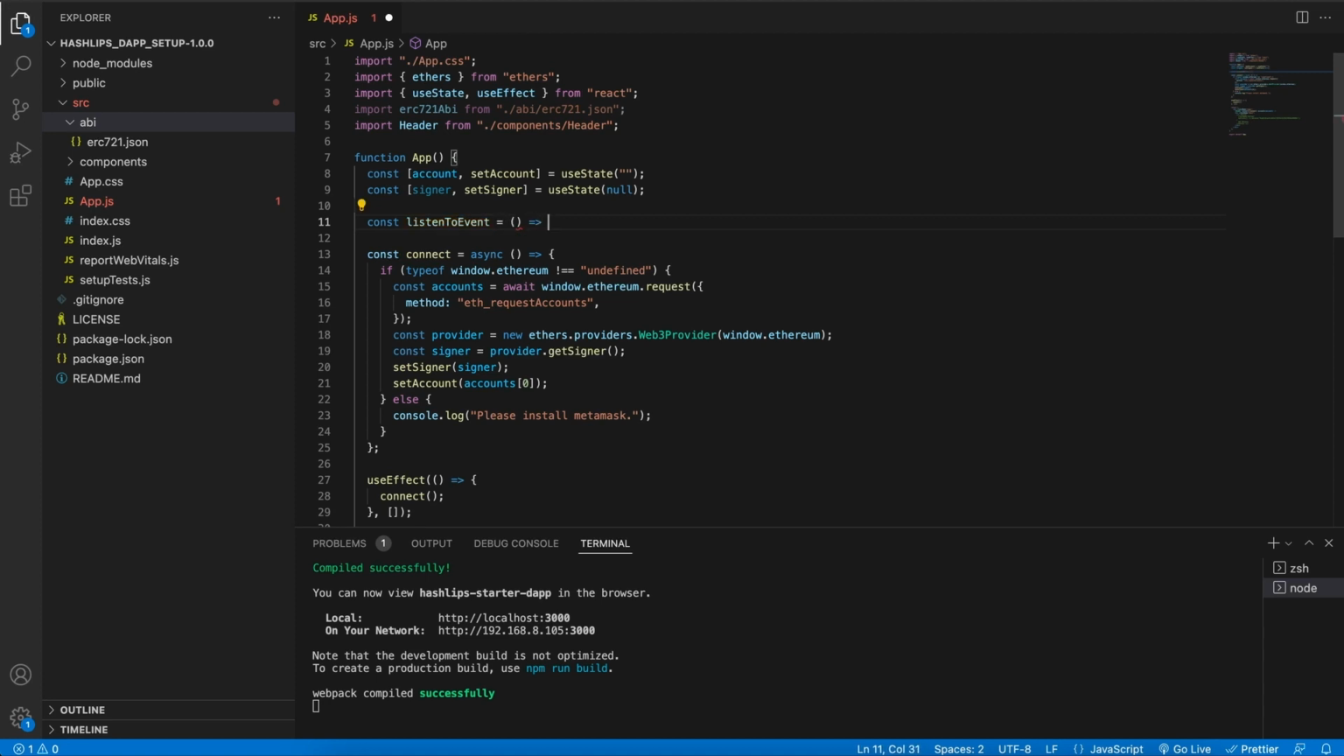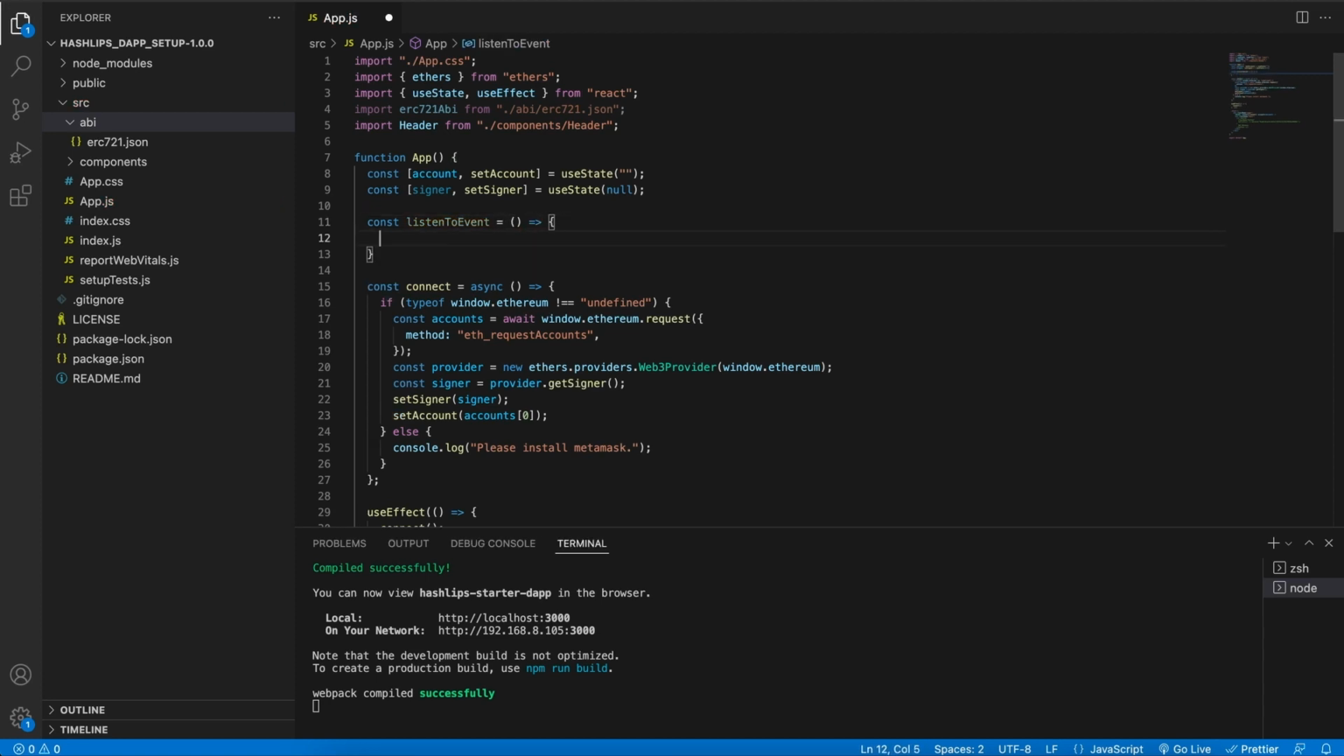And this is going to be the function that we will use to read the event from the contract. Now, in order to read events, you first will need an instance of the contract. So let's go ahead and create one. We can instantiate a new contract